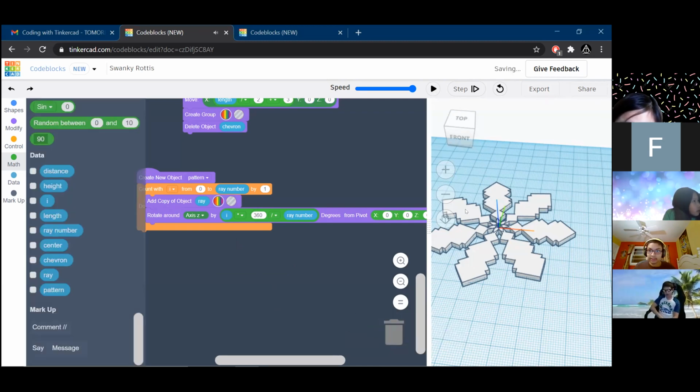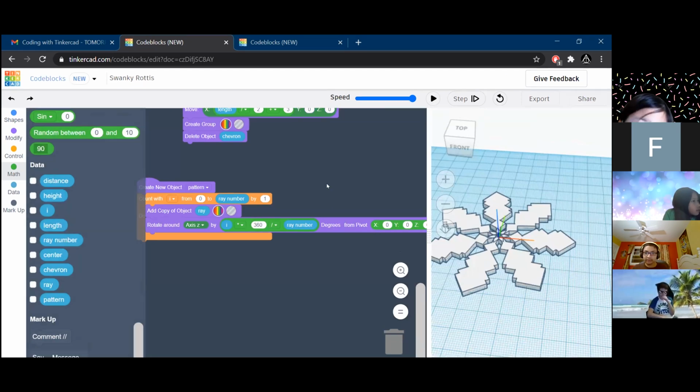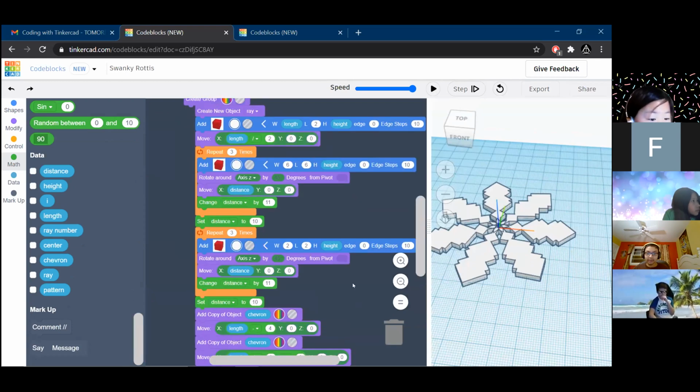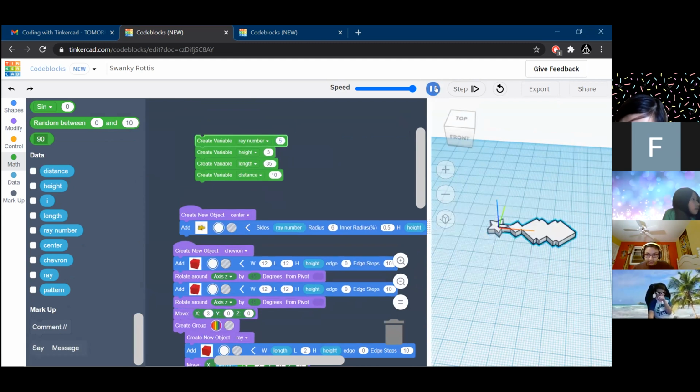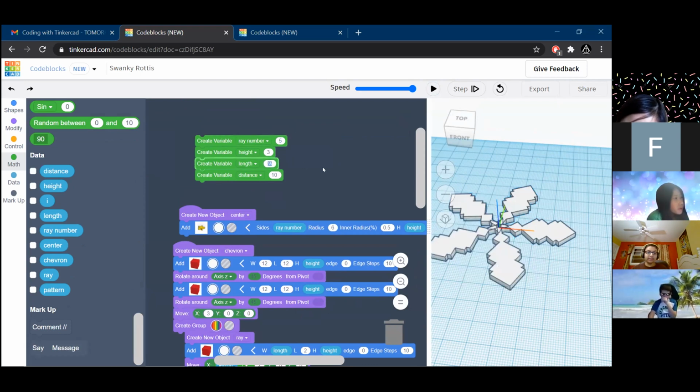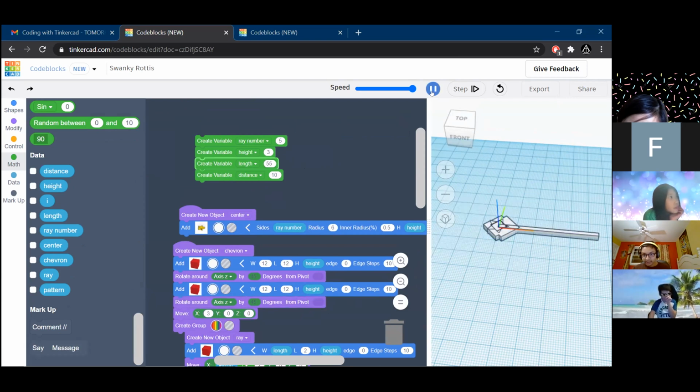Sure. Okay. Is anybody else having trouble? I'll give you guys a couple of minutes. You guys can kind of mess around with the settings, and those settings would be in your variables. So, for example, if you wanted to have a 5-sided snowflake, you could do that. If you want your snowflake to be a little bit longer, you can do that.